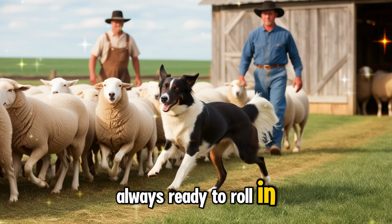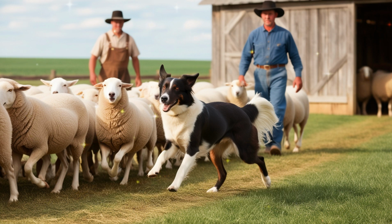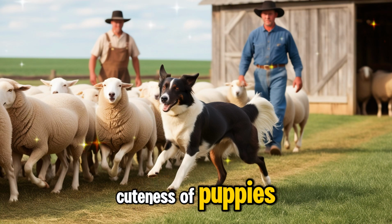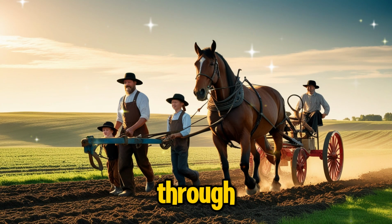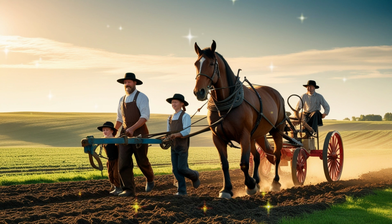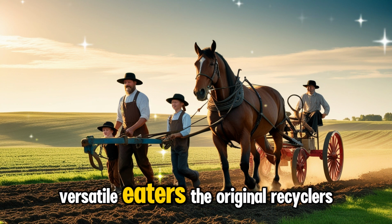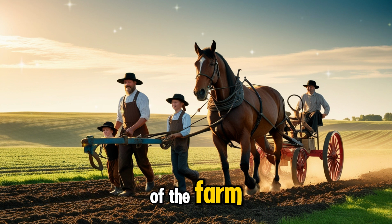Always ready to roll in the mud, these clever animals bring a unique energy to the farm. They may not have the cuteness of puppies, but their big personalities shine through. They're smart, sociable, and always hungry. You might be surprised to know that pigs are incredibly versatile eaters, the original recyclers of the farm, eagerly taking